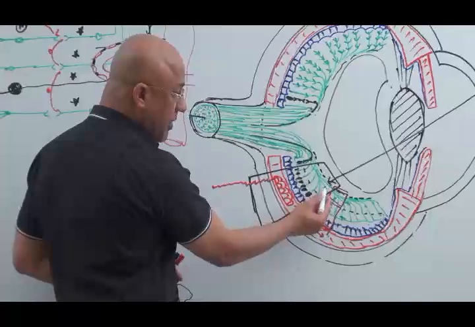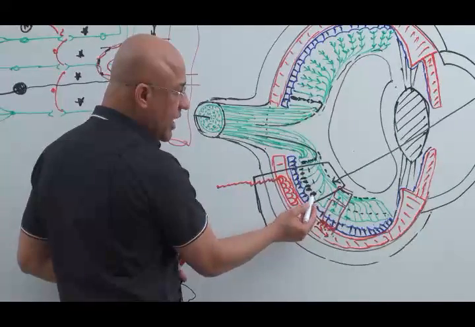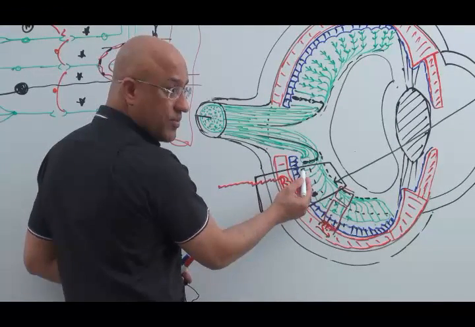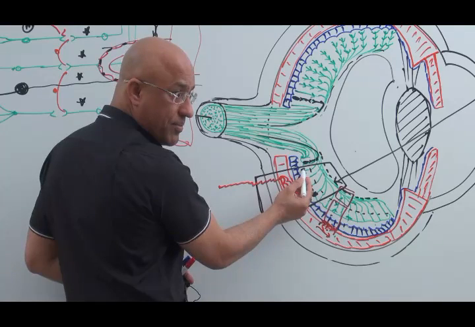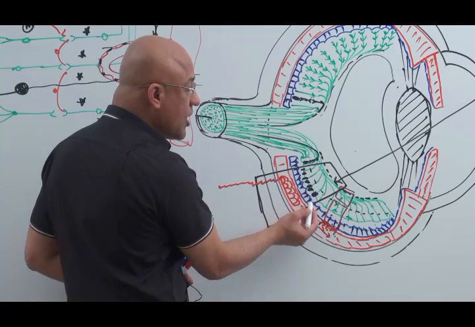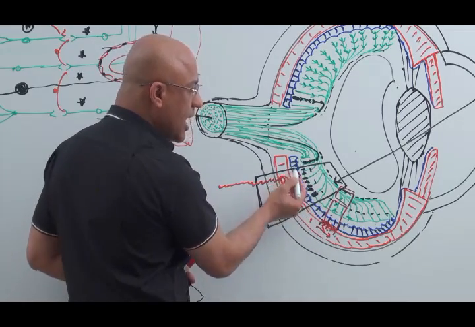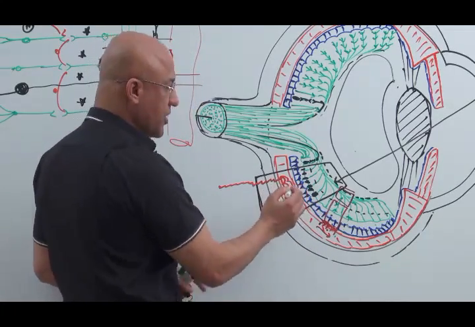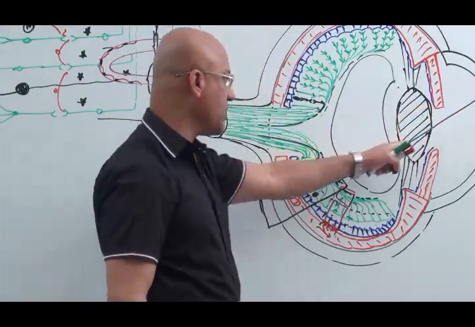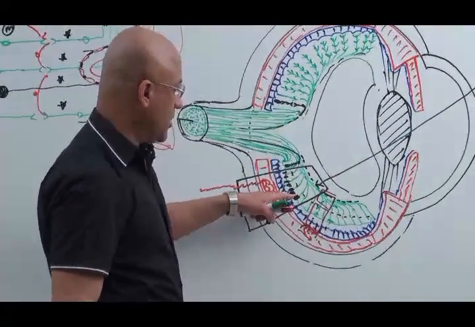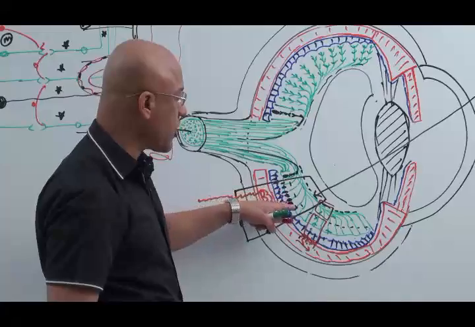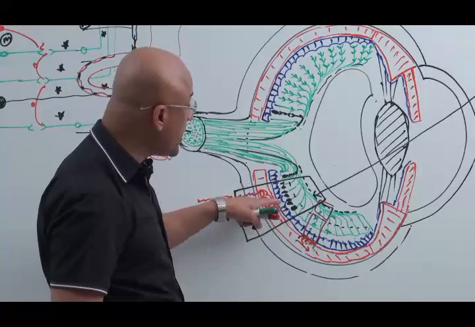It passes through multiple layers until light reaches the rods and cones and activates them. And extra light is absorbed by the retinal pigment epithelium. This is very important, that extra light which is coming from here, which is not used by rod and cone, should be absorbed by